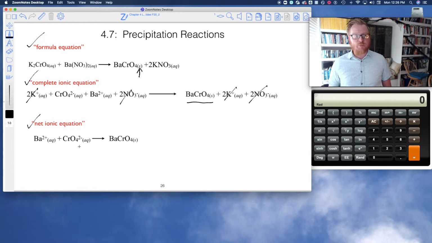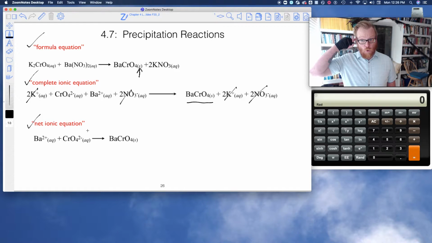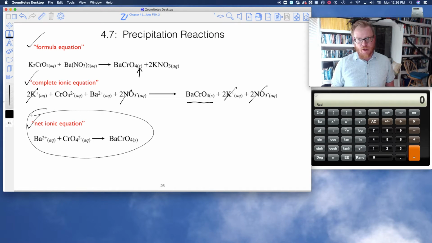Be able to comfortably write all three types of equations, the formula equation, the complete ionic equation, or the net ionic equation, okay? And you can see that really, if you start with the formula equation and you feel pretty good about that, you can work your way through the complete ionic as well as the net ionic. But our goal for you is to be able to just look at a precipitation reaction and get the net ionic. So I'm going to write this down as an eventual goal,